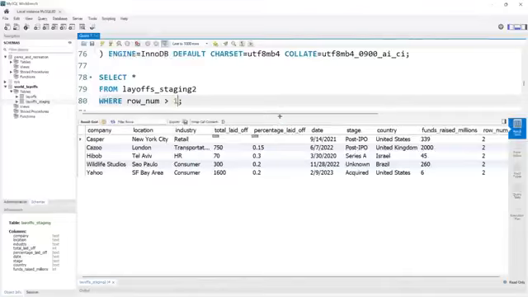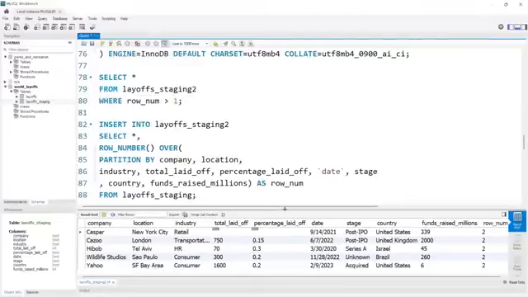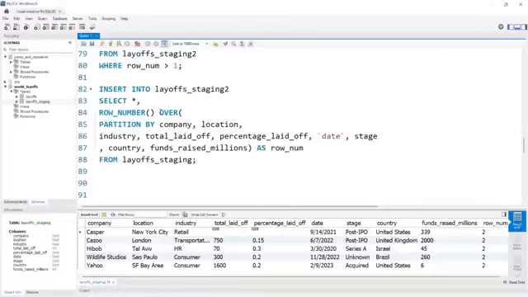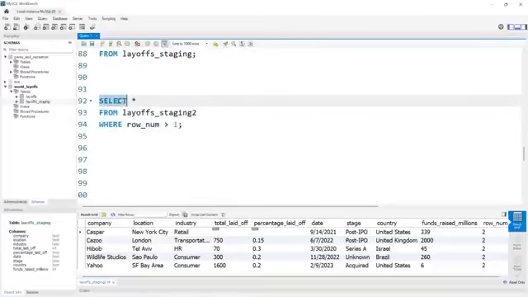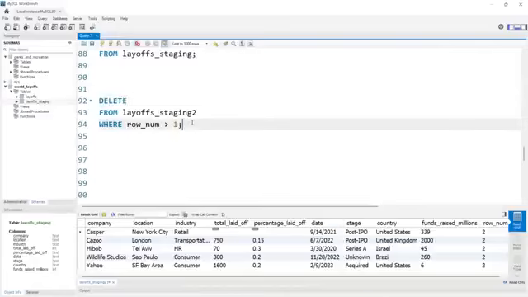Now we're going to delete these. All we have to do is come right back down, copy this, and say delete from. We just did a select statement. I always recommend doing that to identify what you're deleting. Then you change it to delete. And now if we run this,